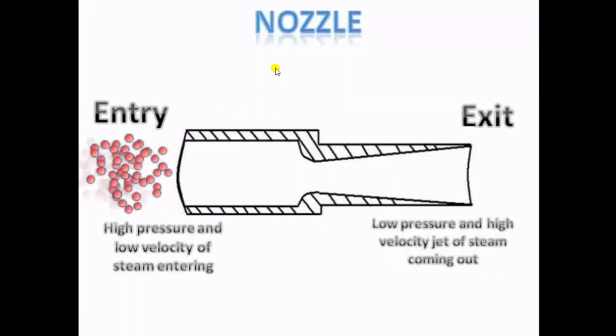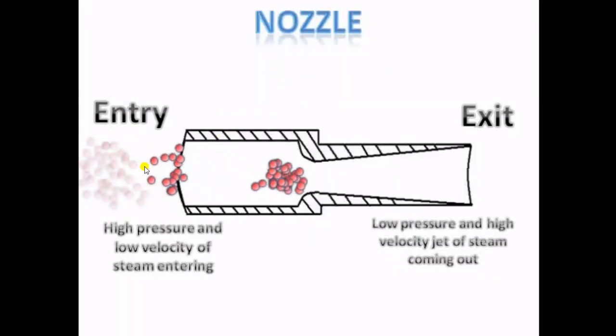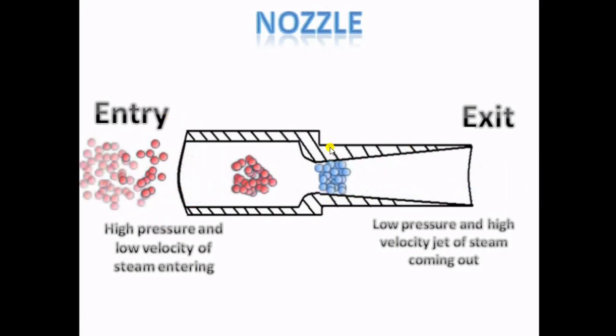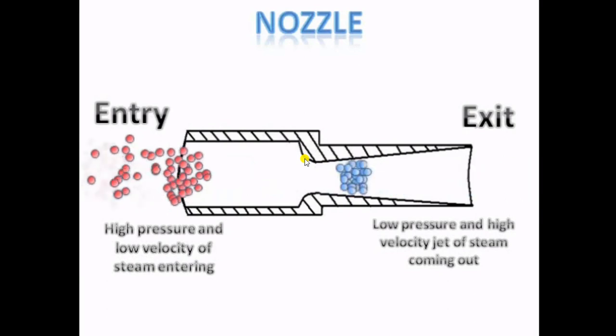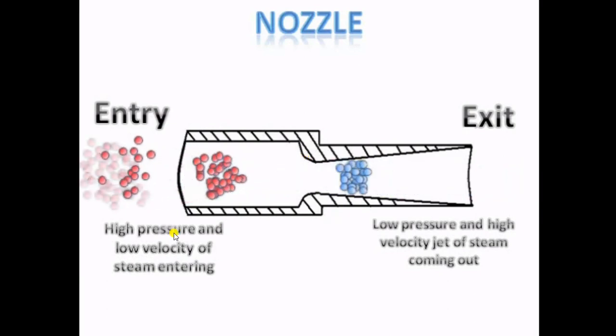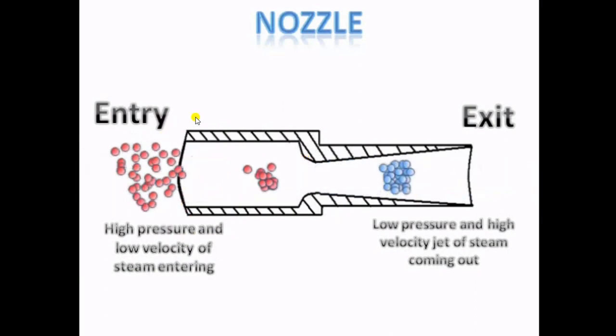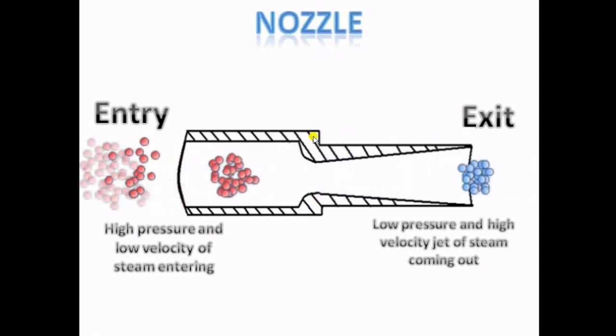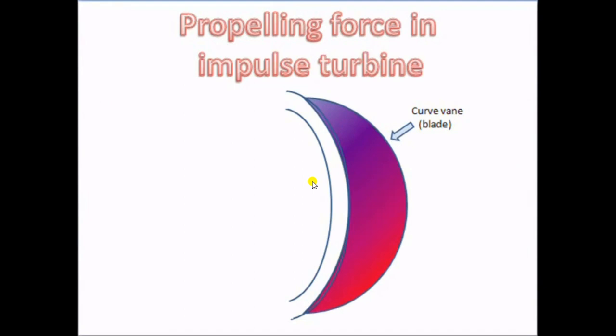This video is about a nozzle. Here the cross sectional area is more, and on this side the cross sectional area is less. Since the cross sectional area is more, pressure will be high and velocity will be less. Here, since the cross sectional area is less, velocity will be more. So you can see